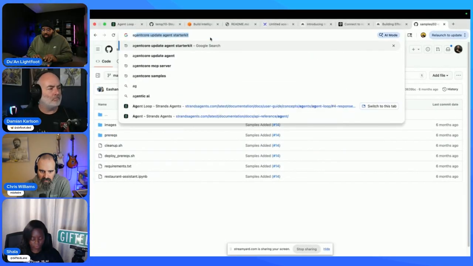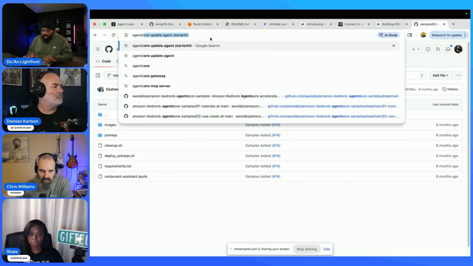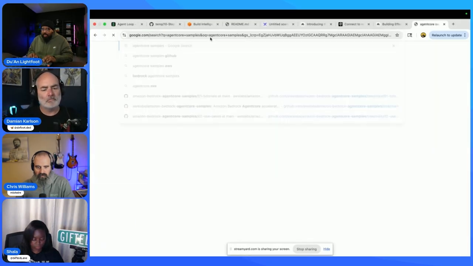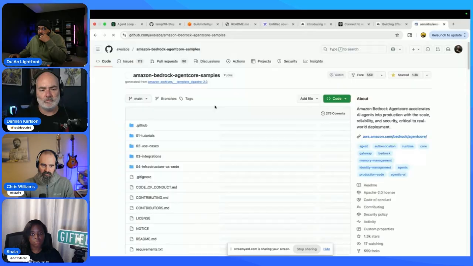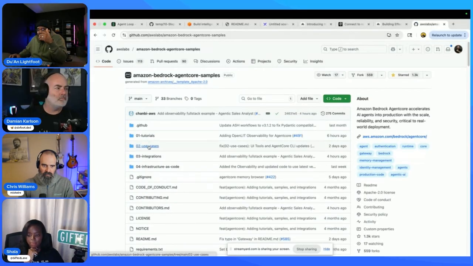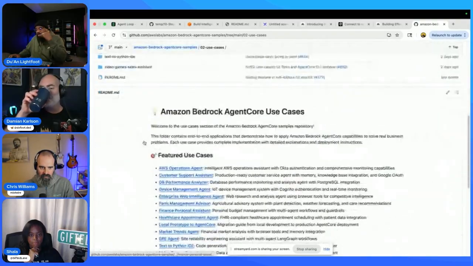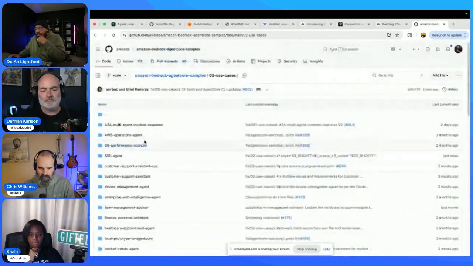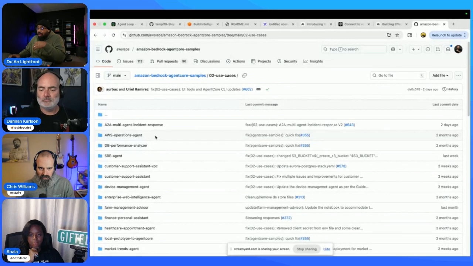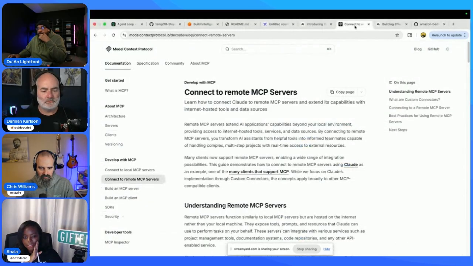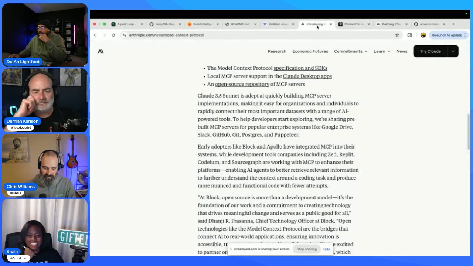And if you want to get started with AgentCore, there's an AgentCore samples repo as well. It has a bunch of use cases, samples, integrations, and tutorials for deploying those agents to AWS. This is how I actually learn. I don't really watch courses anymore. I just build. And with MCP, I don't have the capacity anymore the older I get. Yeah, time is a valuable resource.